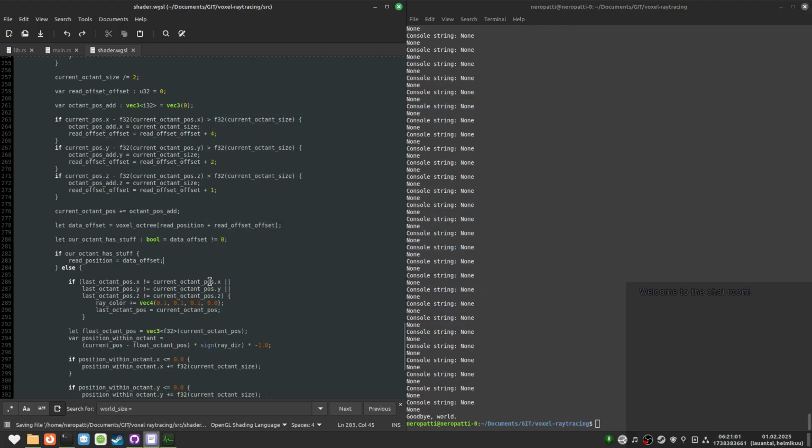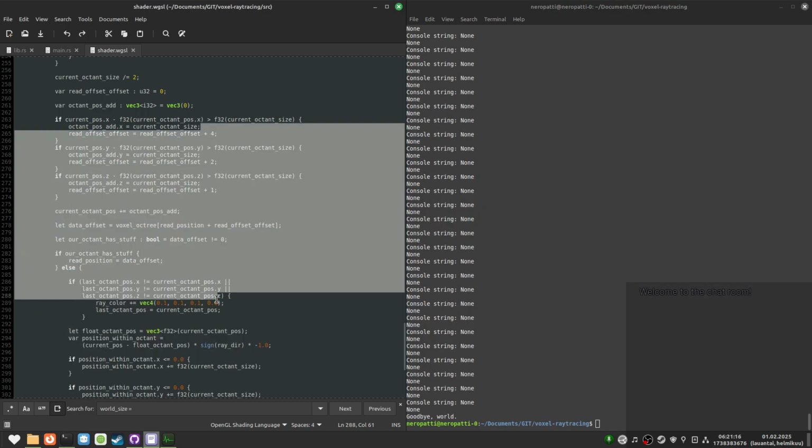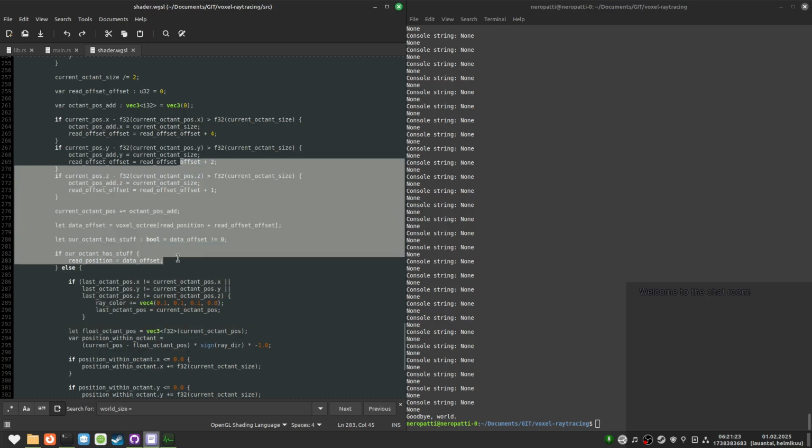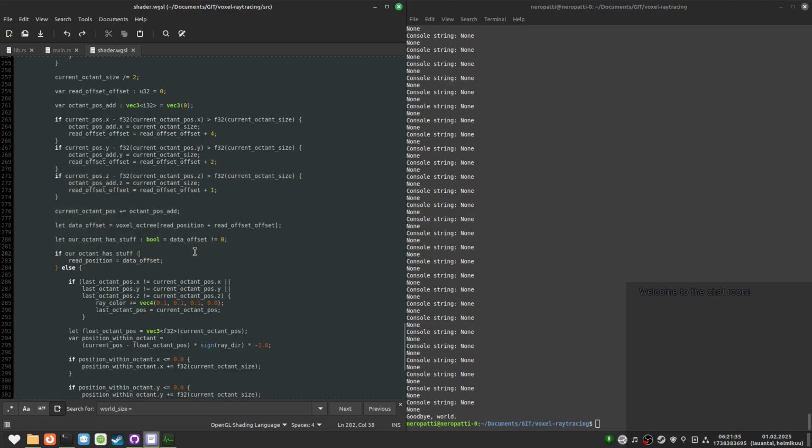What was I saying? Yeah, the initial octree generation is gonna work in a way where I just generate a fully empty octree, and then whenever I place a voxel, I just update the octree in real time. Because the real-time updating is really fast. And if the world is mostly empty, it's gonna be a lot less work than querying every single voxel in the world. So I think that's what I'm gonna do.